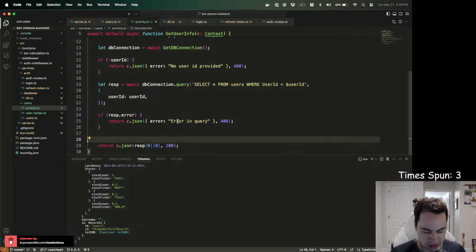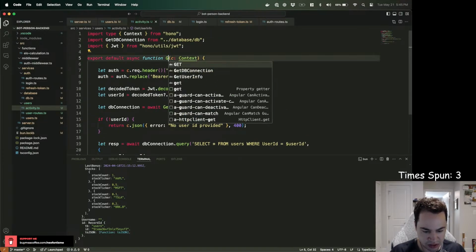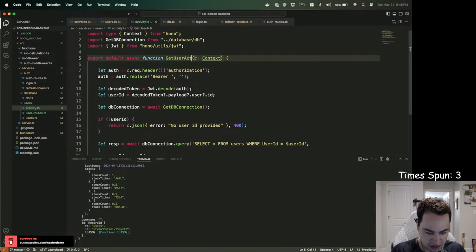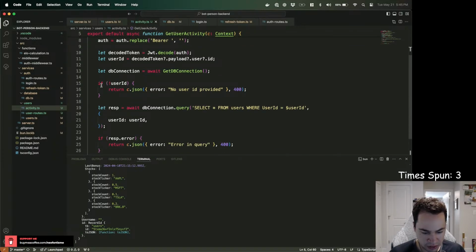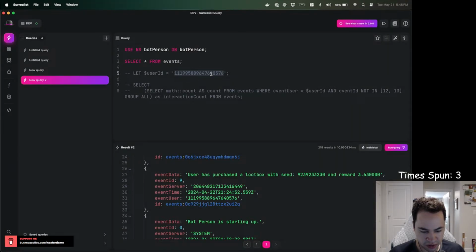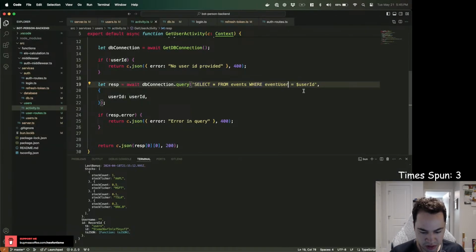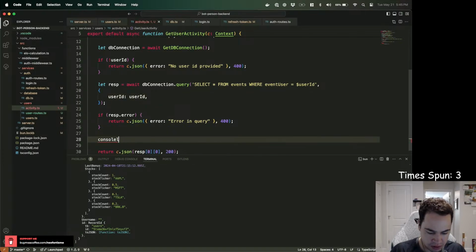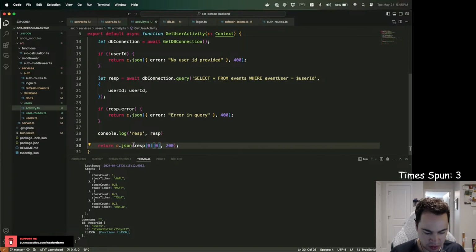Okay, so there's this. This is in activity function get user activity. Context, cool, that's what we want. No user ID provided. Great. Select star from events where event user equals $ user ID, and then there. Response, and then we'll just return